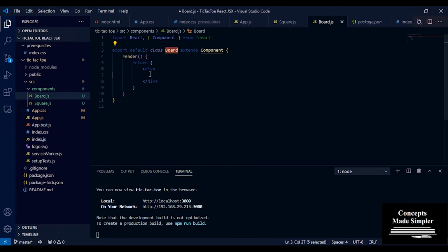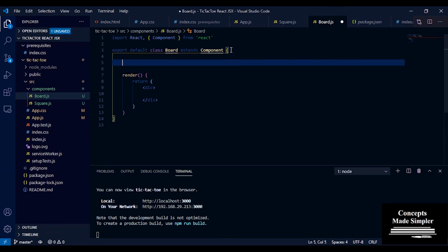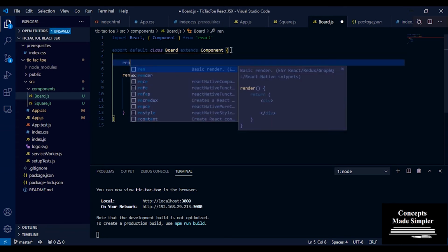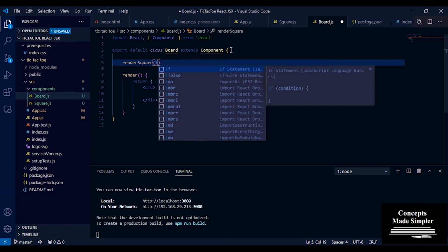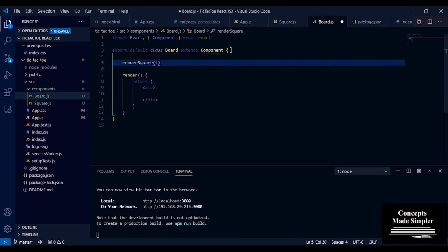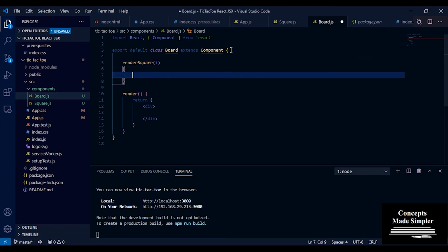Inside Board, I want another function called renderSquare. This function is going to take an input i, and it's going to return a Square component.